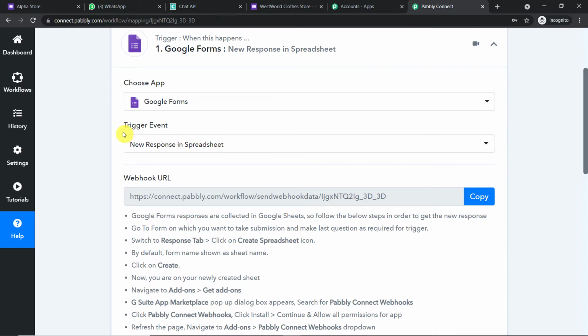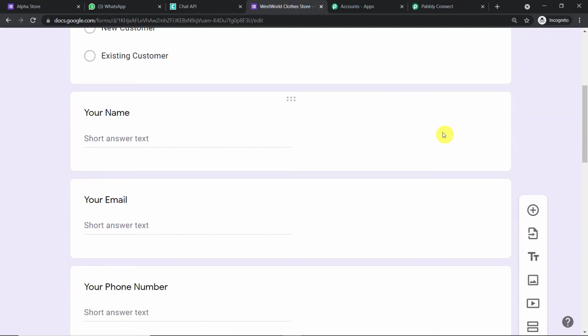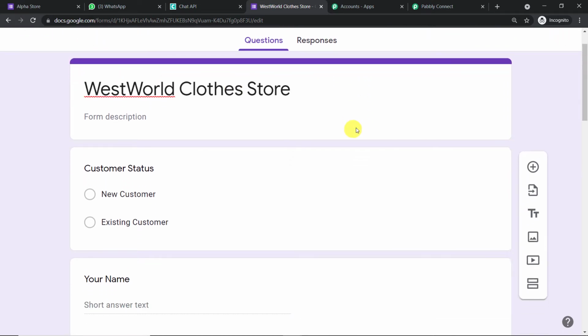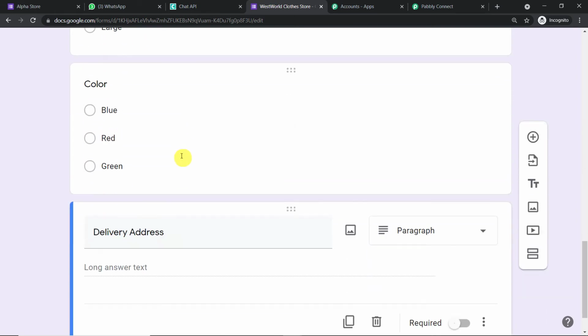Now, the second question is, the trigger event is new response in spreadsheet. Why spreadsheet? It should be new response in Google Forms or something. So to explain the reason, let me just straight away take you to my Google Forms. So this is a newly created Google Form. The name is Westfold Clothes Store. So basically it has the same fields: the customer status, your name, email, phone number, clothes, size, color, and delivery